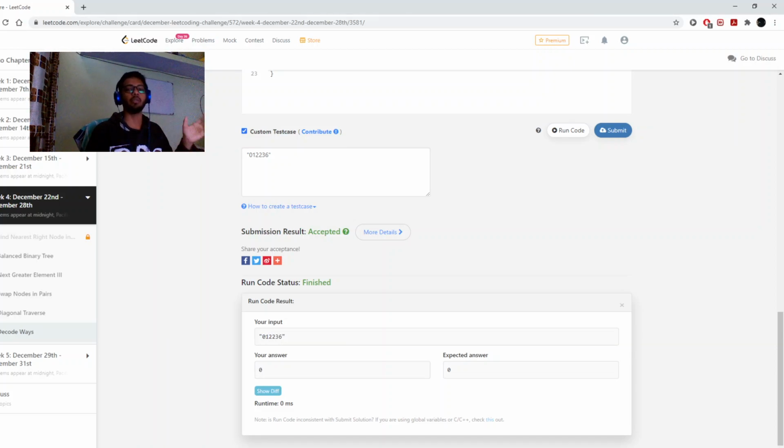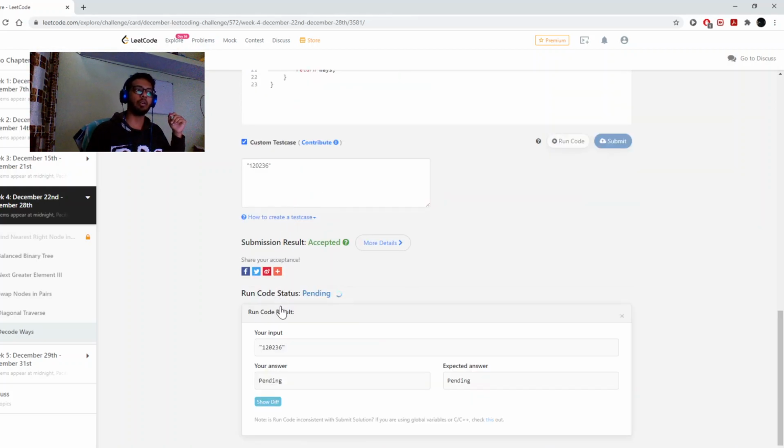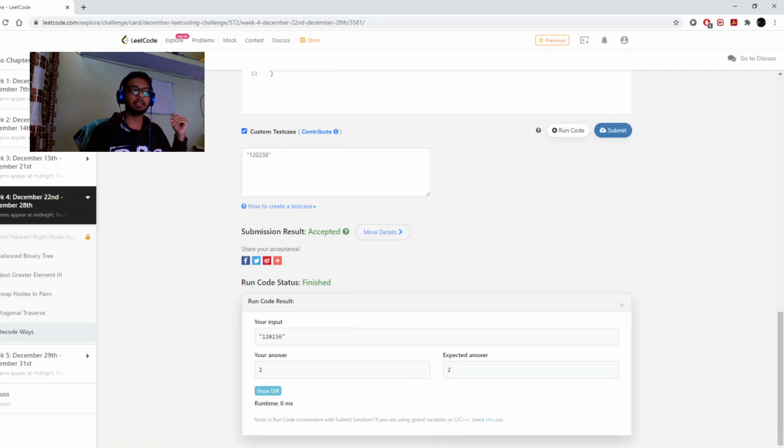You can't ignore it. And what if it is not there at the start, but somewhere in between? So let's just say this. For this it is valid, because if 0 is a suffix of something such as 1 or 2, then it can be considered as 10 or 20.